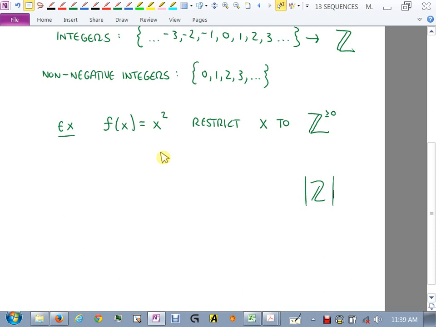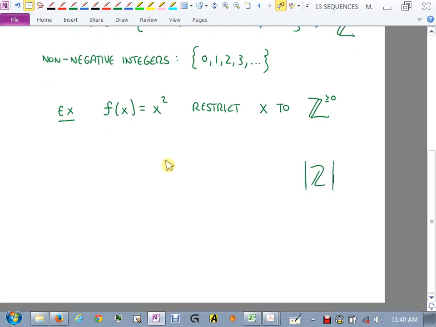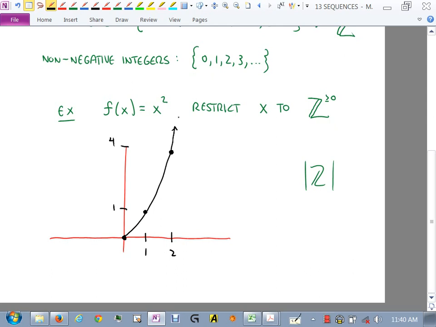Okay, but the point of this is, what does the function look like? Now, do we know what x squared looks like? Parabola, right? So we would think this is going to look something like that, right? But you can only plug in 0, 1, 2, 3, 4. So let's plug 0 in. What do you get when you plug in 0? 0. What do you get when you plug in 1? 1. What happens when you plug in 2? You get 4, right? And then I can plug in 3 and I get 9. Normally, we would come in now and we would actually fill this in with our parabola, wouldn't we? But we can't do that because you're not allowed to plug in 1/2.